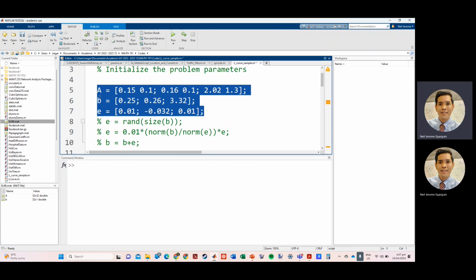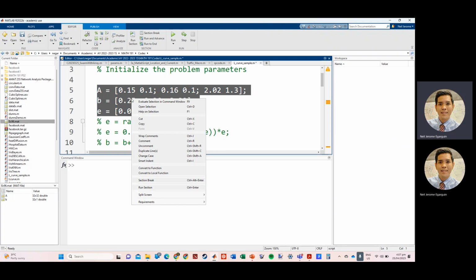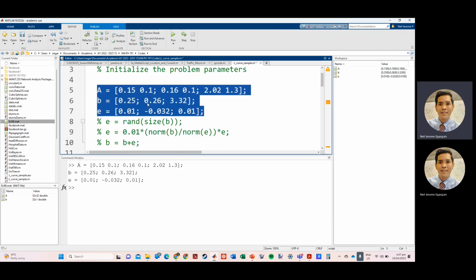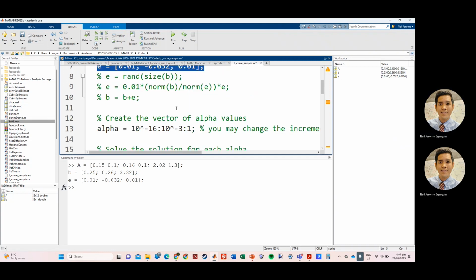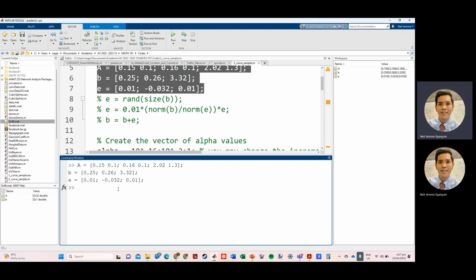You can run parts of your MATLAB code if you want to debug it or run it piece by piece so that you can track errors down easily. You can right click here and then choose evaluate selection in command window. So you'll have the matrix A, B, and E here. Then if you want to know the condition number of the matrix A, to know how big it is, just type cond, C-O-N-D. Look here, I am typing at the